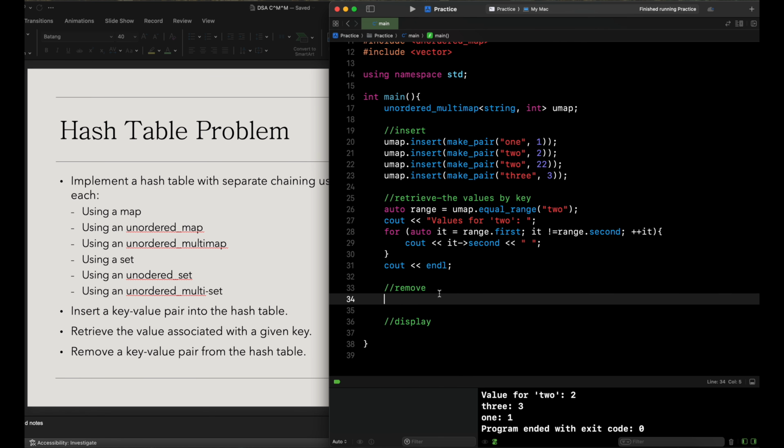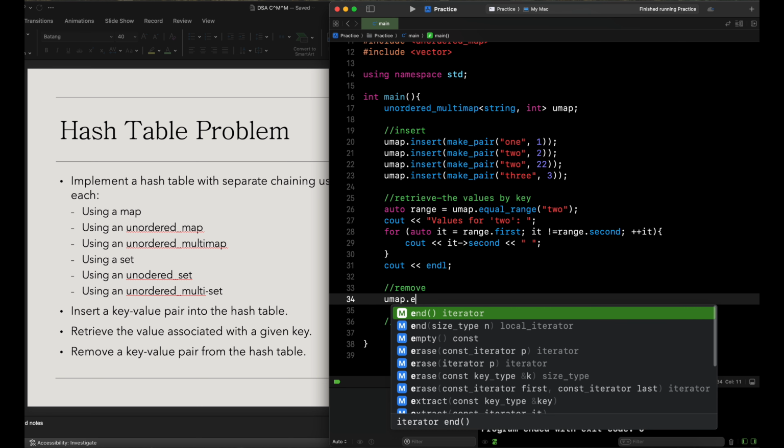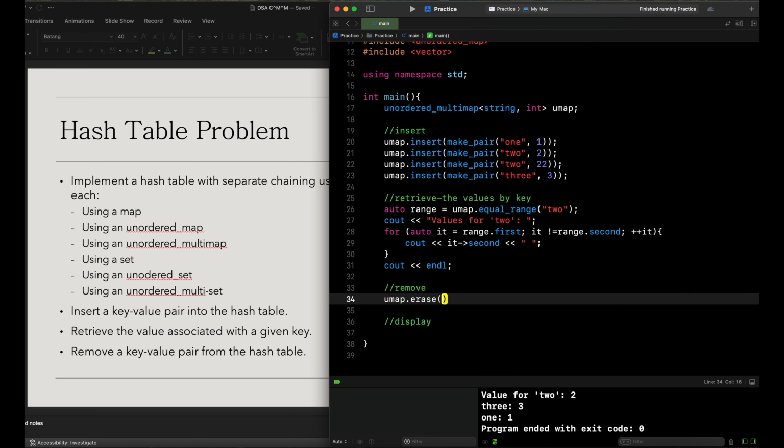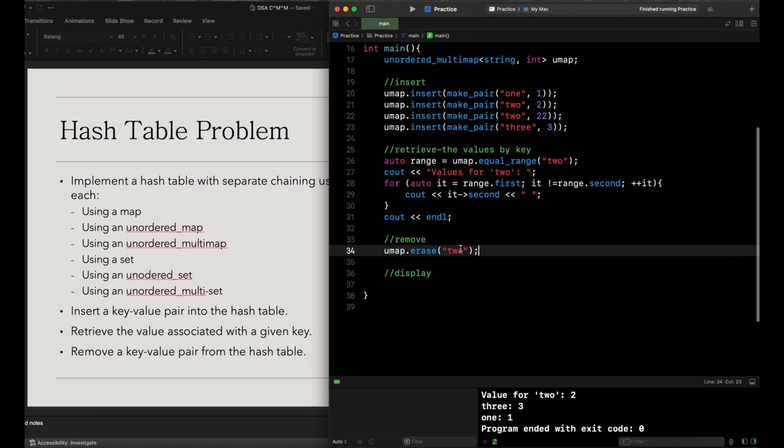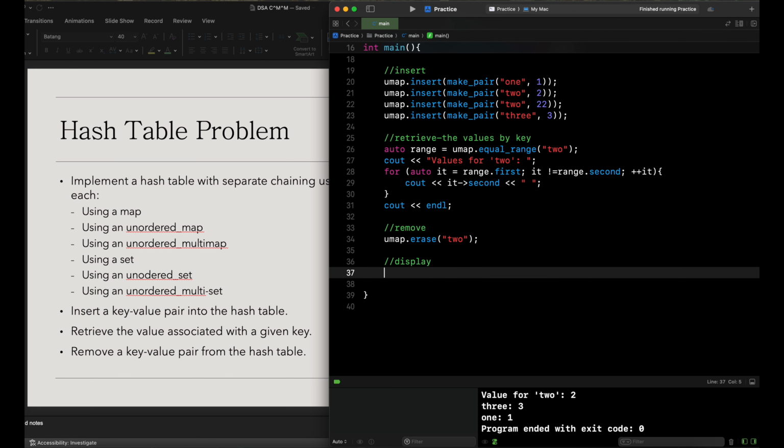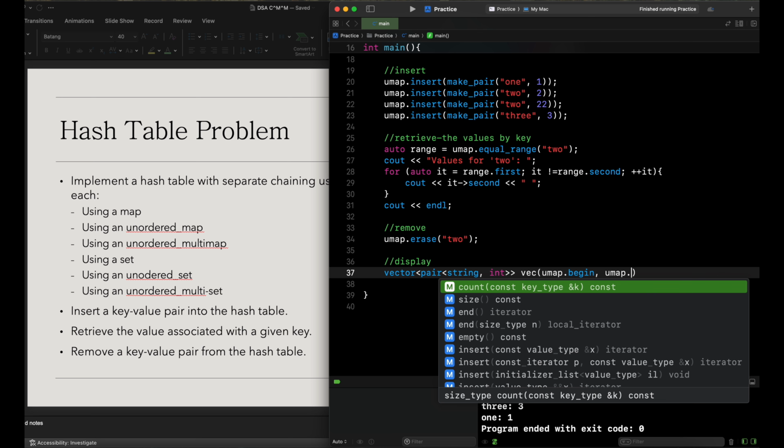Then the next part we're going to be removing, and we do so by umap.erase. And we can just call 2, so we'll erase one of the key value pairs. And then we will display by using our vector pair string int, and then vec umap.begin, umap.end,